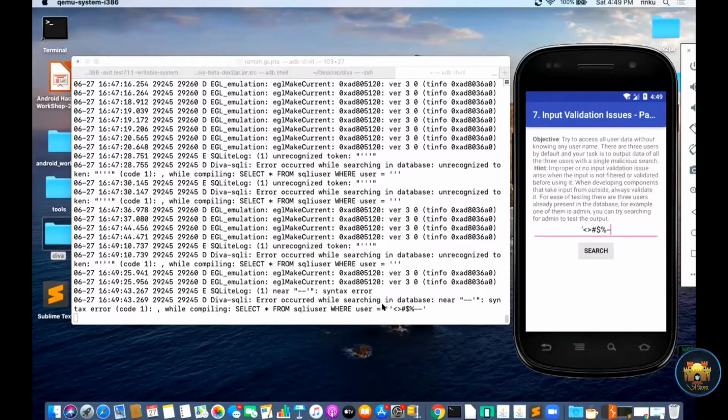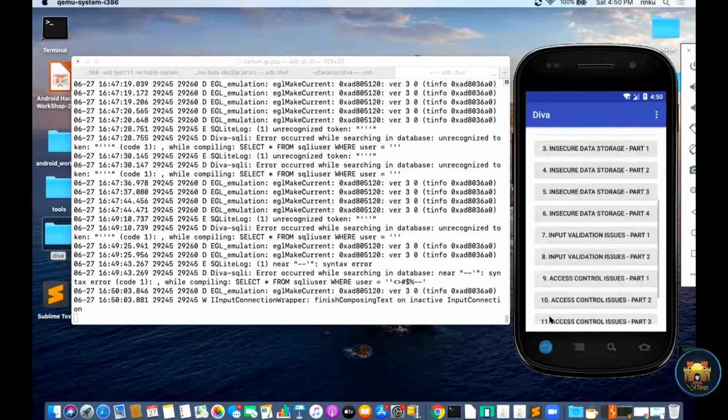I am able to get all the user input here. From the log, we can know that all user input is going directly into the application. No validation is happening in the application on the client side. So now we are confirmed that SQL injection is possible.